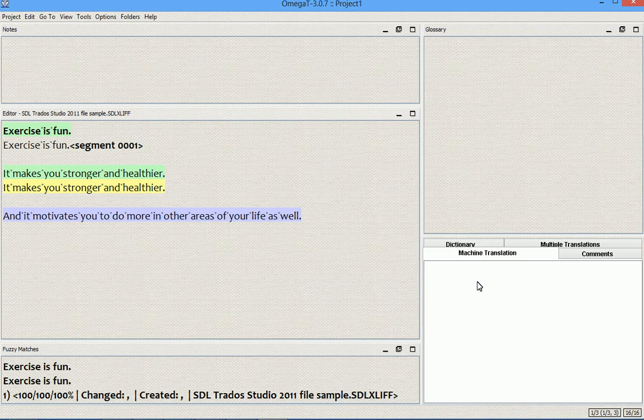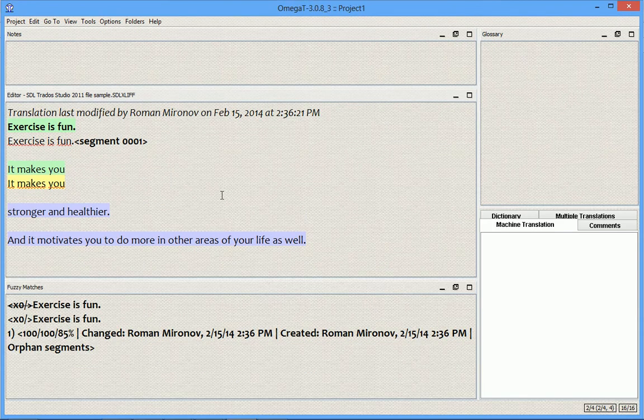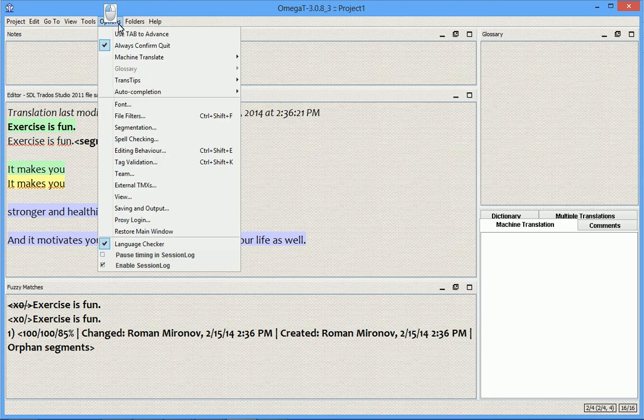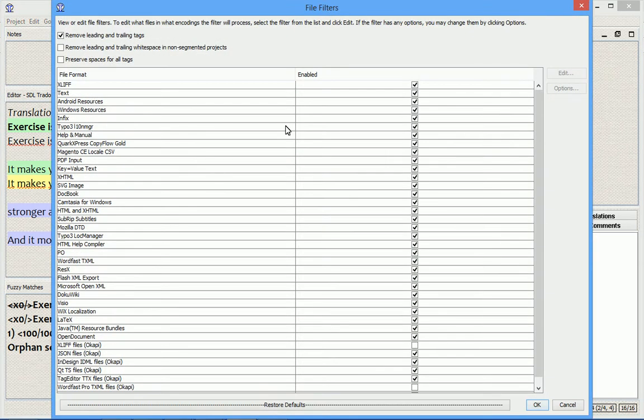And the same goes for file filters. I'm going to return to the first computer now to show you how this works with regard to file filters. Now I'm at the first computer and I'm going to tweak the file filters here. Again, the global ones. I'm going to Options, File Filters, and here, for example, I'm going to play with this